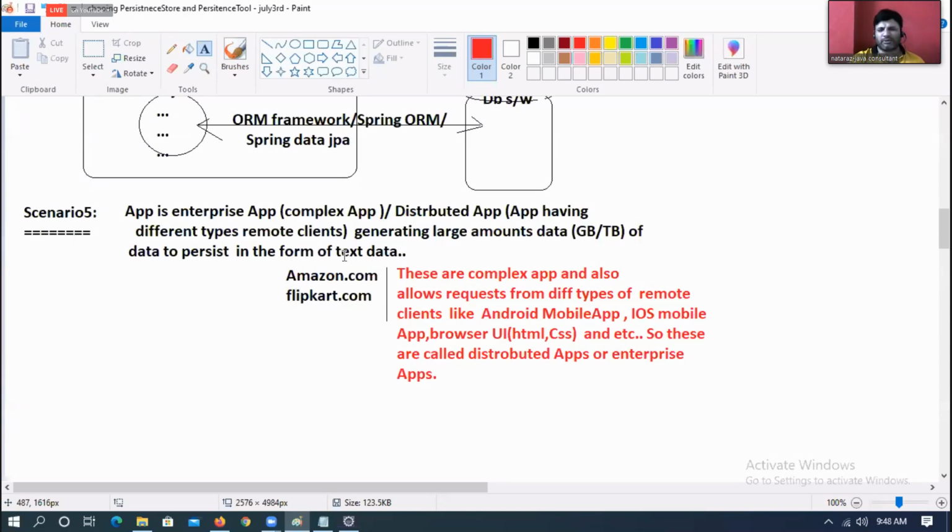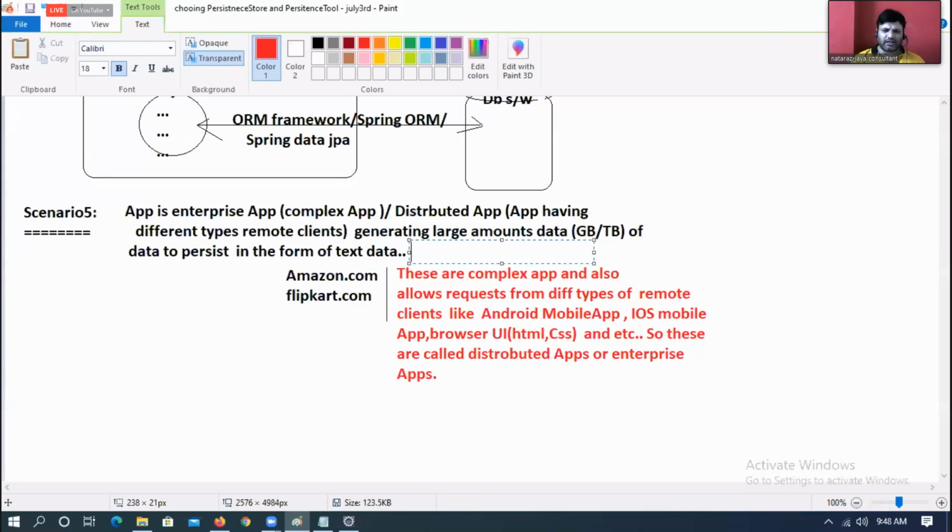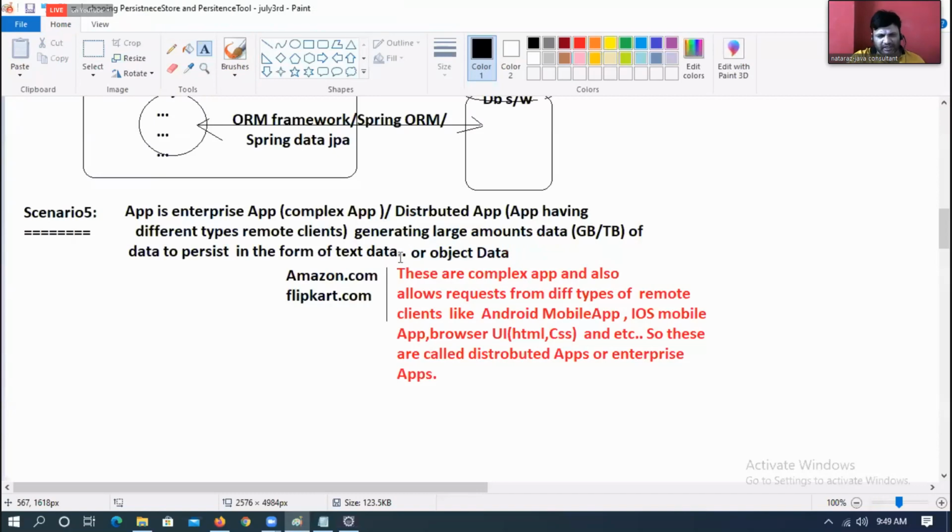We can reduce burden on application development. Text data or objects data. If they are giving text data, go for JDBC environment.